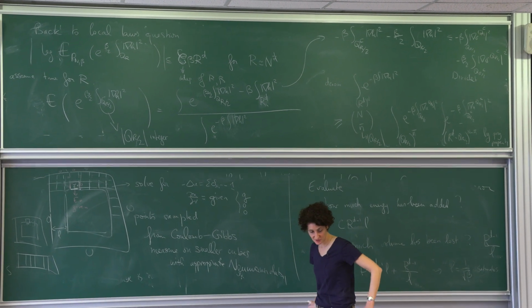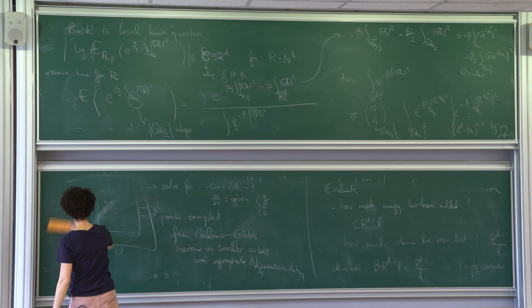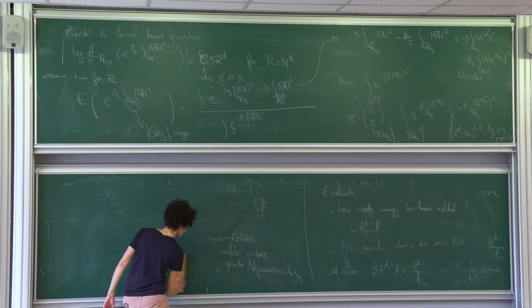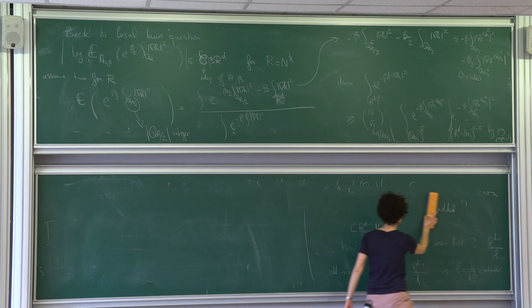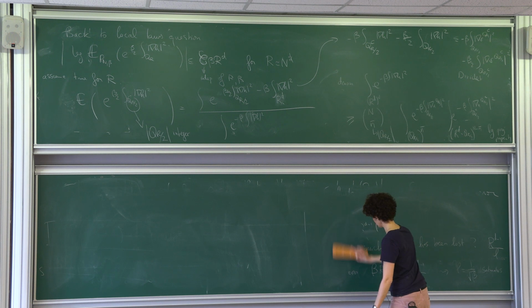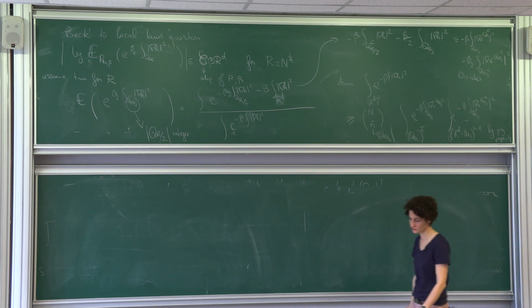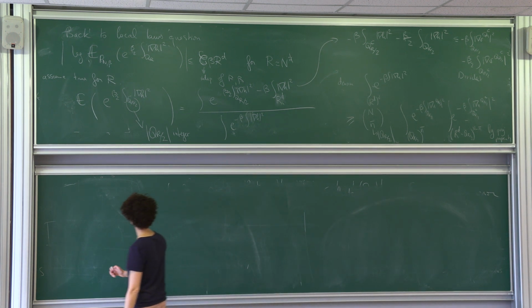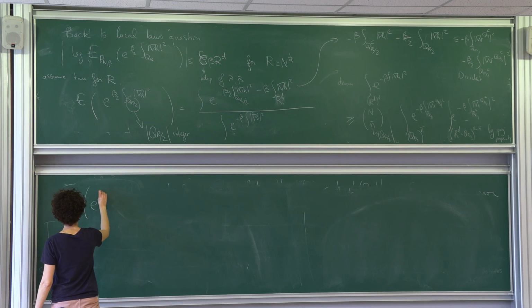So in the denominator, I compare with the Neumann guys by subadditivity of the Neumann energies. And in the numerator, I compare with the Dirichlet guys by the superadditivity, if you want, of the Dirichlet energies. So if I go back to my question here,